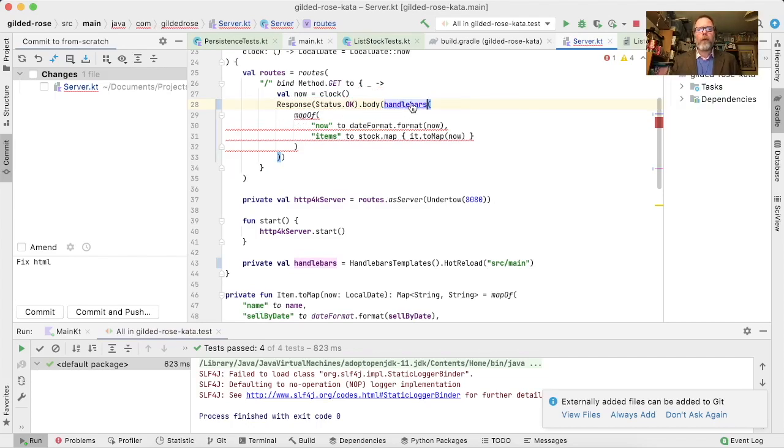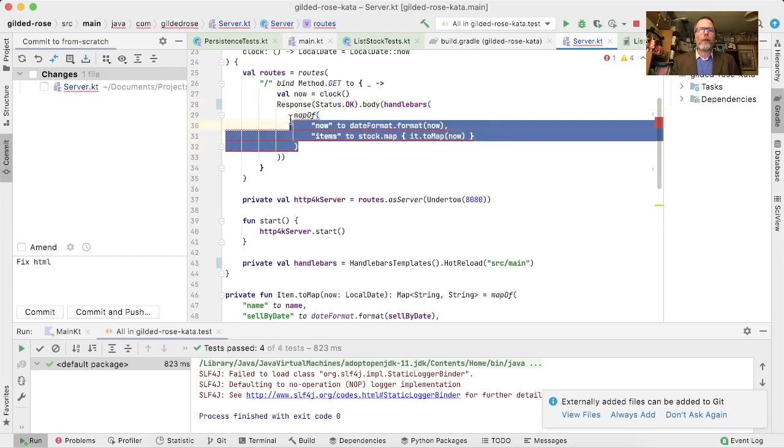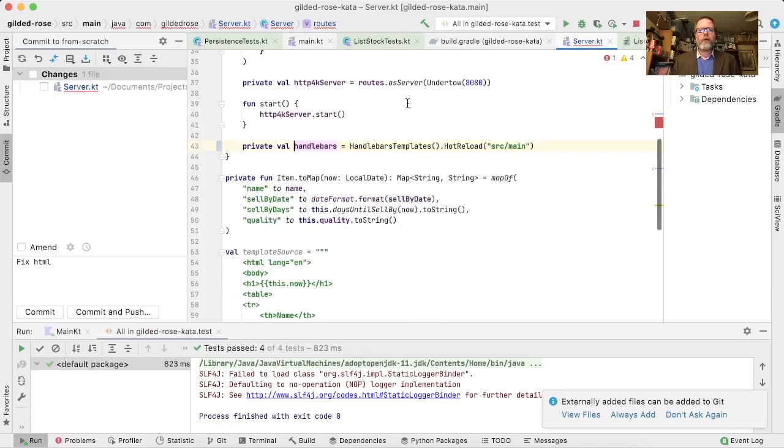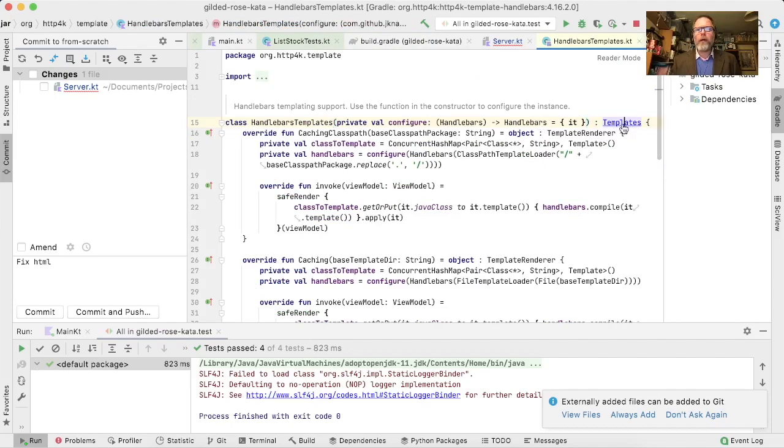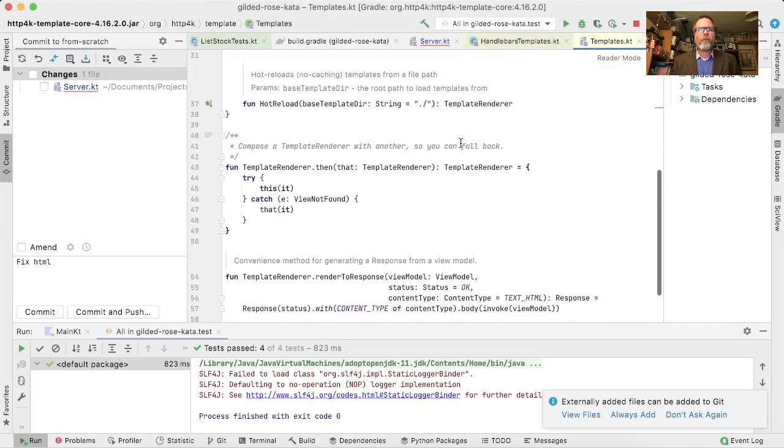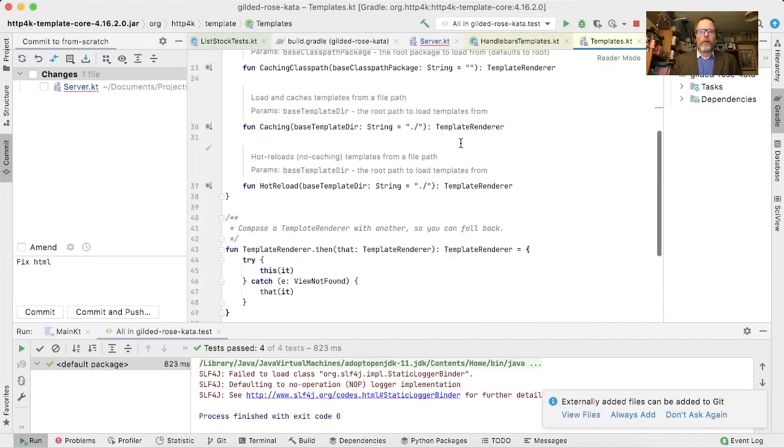And when we look at what Handlebars likes to do, it's a template renderer, and that's view model to string. And the reason this isn't compiling is because we were passing a map before. What's a view model? Let's just go and have a look. So let's ask templates. This is all a bit icky, isn't it? But what's templates? Oh, I don't know. Let's go back